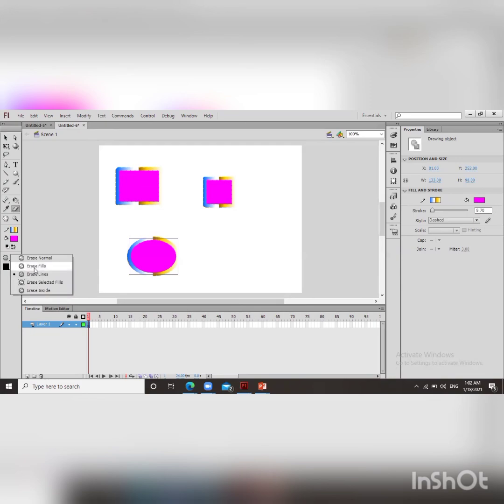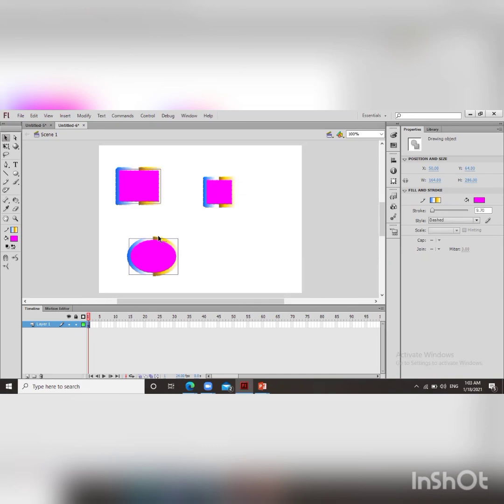The similarity between erase fill and erase selected fill is that only the inside part will be erased, but the difference is that whatever we have selected will be erased only from that. For example, firstly I am selecting the objects. Firstly we have selected this one, and by pressing the shift key, I have selected this one also.